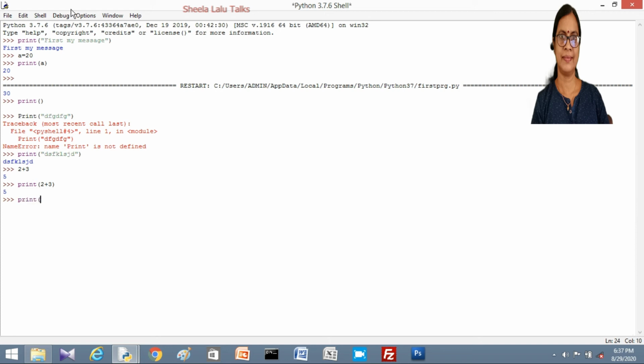Another example, print(67%5). It will give 2. The percentage operator will give the remainder.